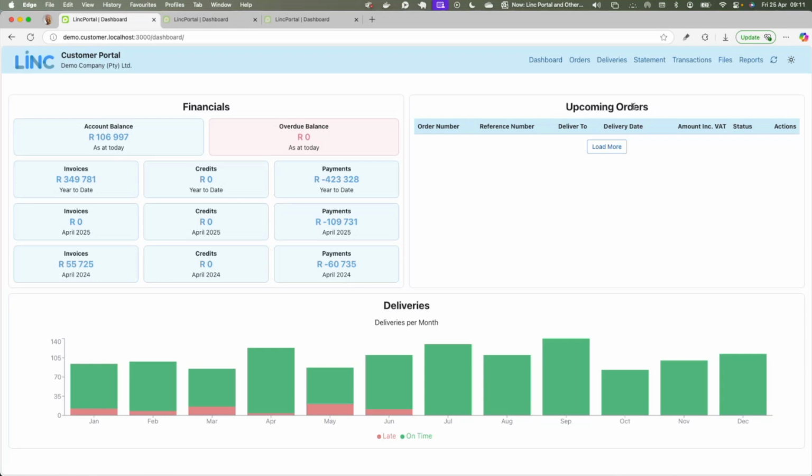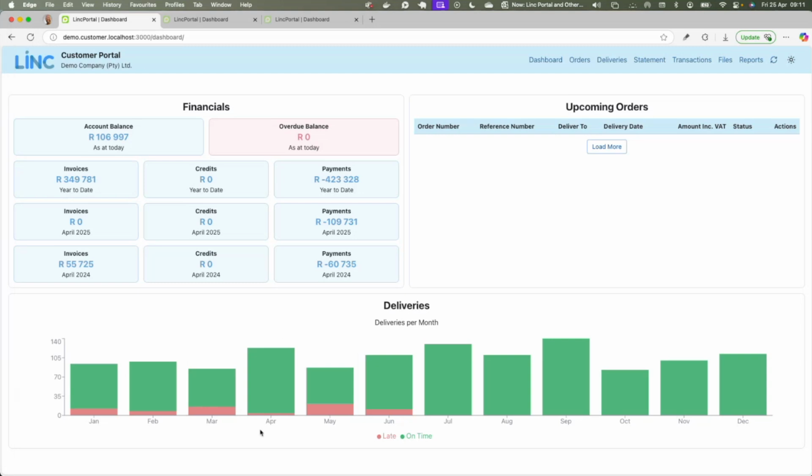Any upcoming orders will be listed here. These are sales orders to your customer that are due for delivery after today or beyond. The sample data at the bottom shows deliveries you've made to them over the last year per month, split between late and on time.